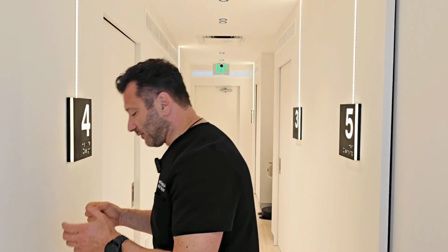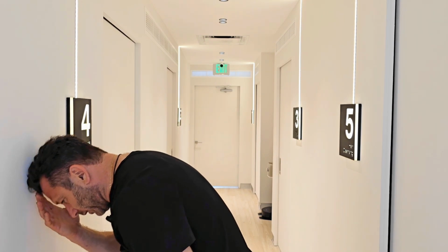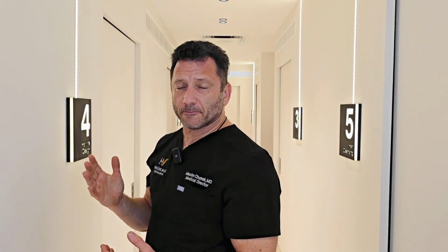After having surgery, you want to at least avoid the gym and heavy lifting for at least 10 days. When you're moving around, it's important to be aware of your surroundings. If I'm trying to lift something off the floor and hit my head on the wall, it can damage your grafts. So you want to be well aware of what you're doing and how you move,